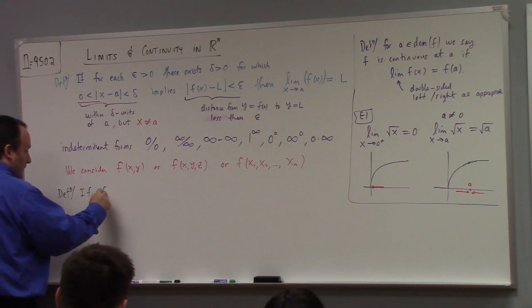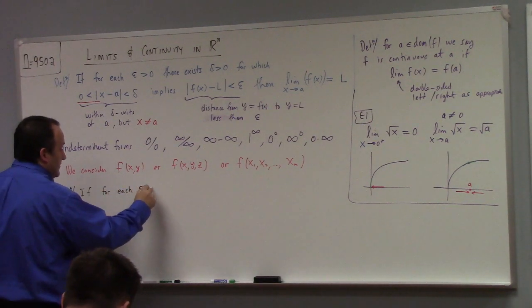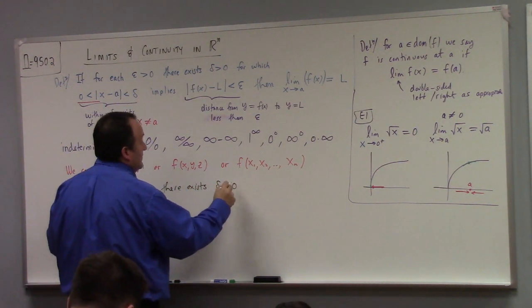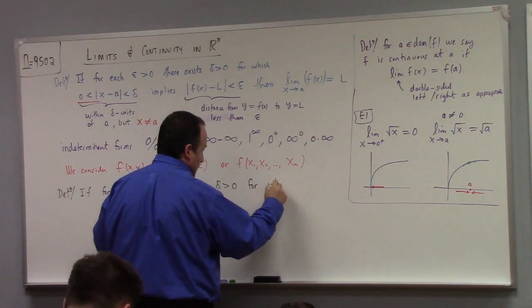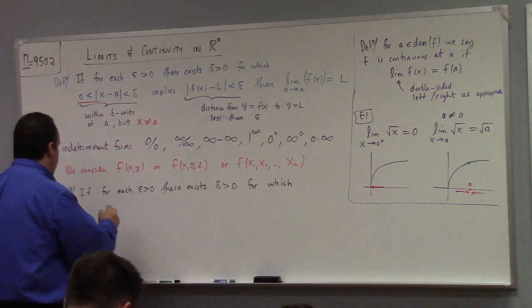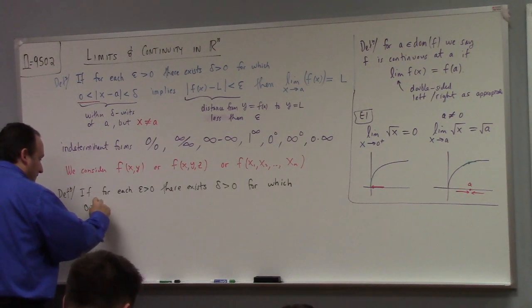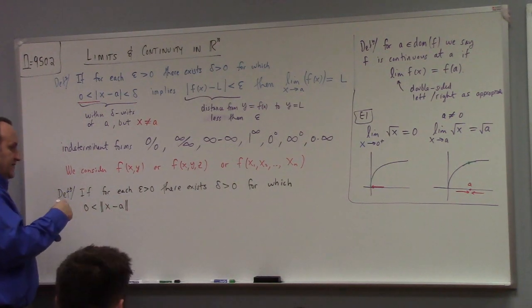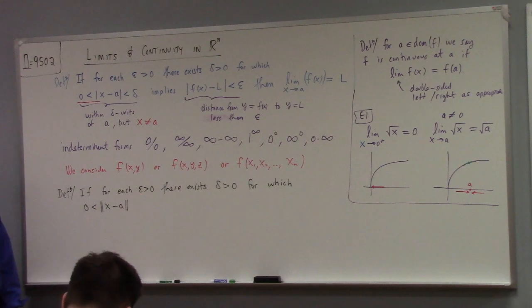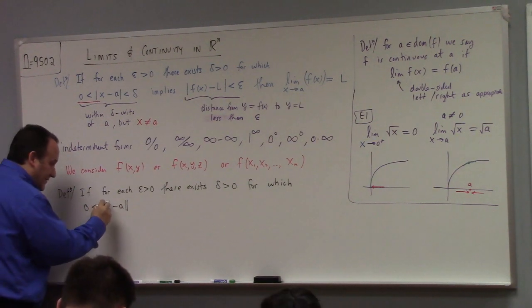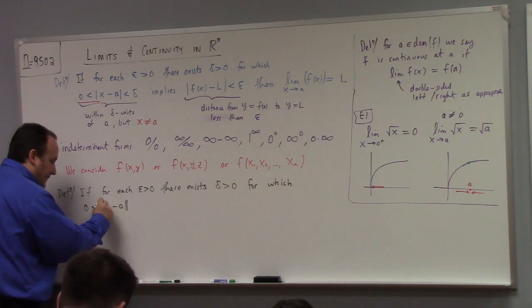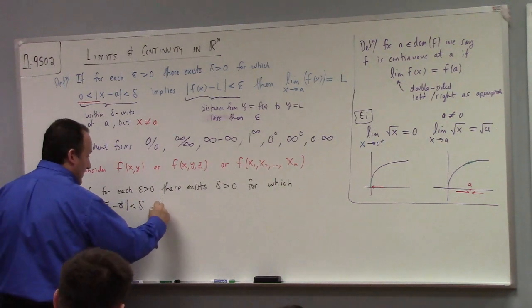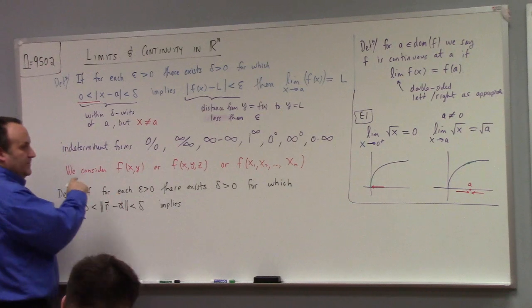If for each epsilon greater than 0, there exists delta greater than 0 for which 0 is less than the length of the vector x minus a. Now, I guess let me not use this notation because this is calculus 3. I put vectors on vectors, right? So let me put vector, and I won't use x, I'll use r, because we usually use r for the position vector. So like r vector and a vector less than delta implies,